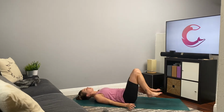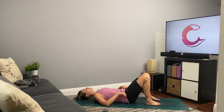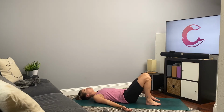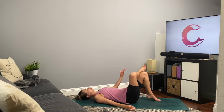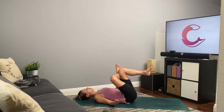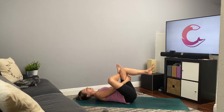From there, we'll release our feet down to the mat so that they're hip distance apart. And we're gonna practice thread the needle pose here. So from here, we're gonna place the top of that right ankle to the left thigh, and then we'll draw that left knee in towards the chest. We'll thread that right hand through the center there, intertwine the fingers, and place the hands on the back of